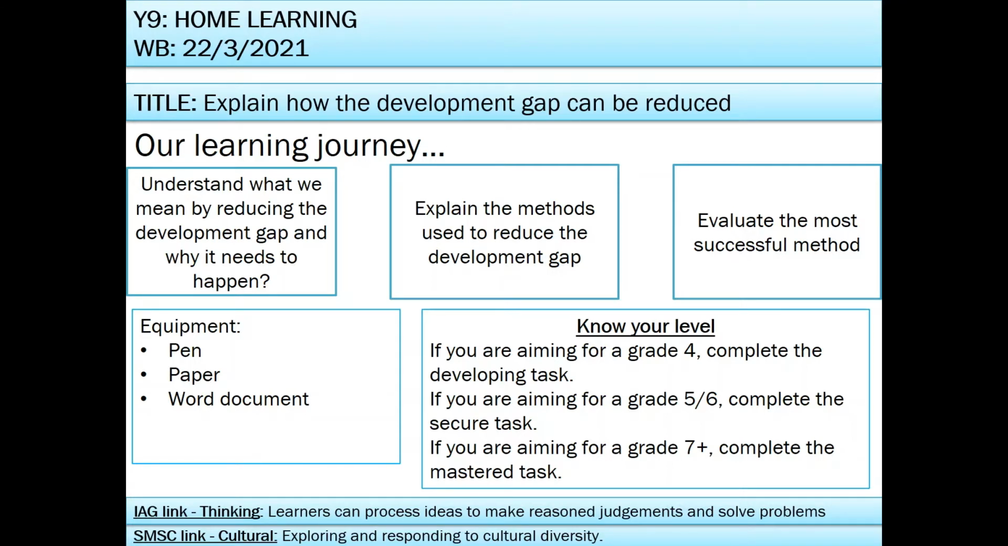Today's lesson we are looking at reducing the gap in development. For this lesson the learning objectives are first of all understand what we mean by reducing the gap in development, and looking at why it needs to happen. We're then going to look at explaining the methods that we use to reduce that development gap. And then finally we're going to evaluate the best or the most successful method, which one's the best method to